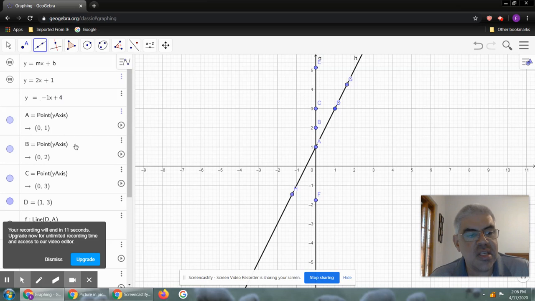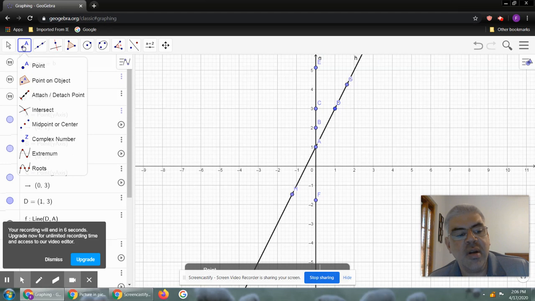So let's plot this point again. I'm going to go back to my point, and then where do I put it? Do I put it on the negative 1 or do I put it on the 4? It's